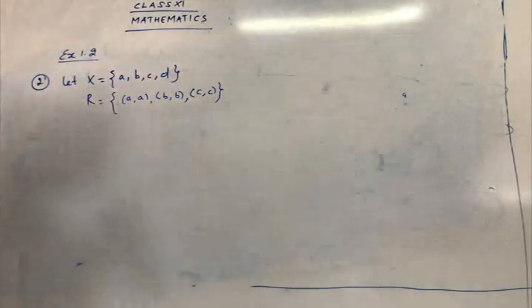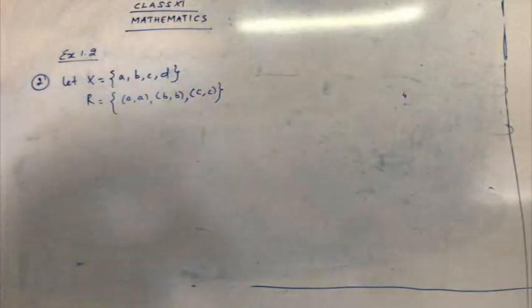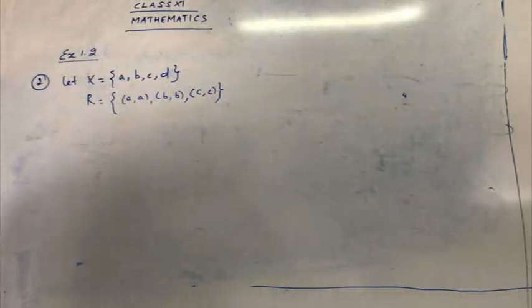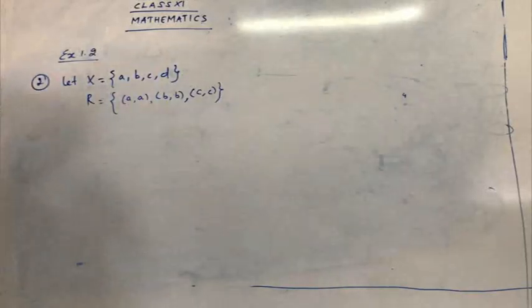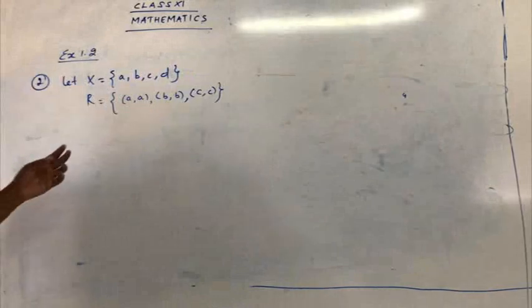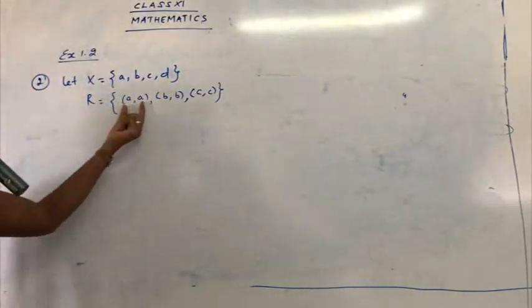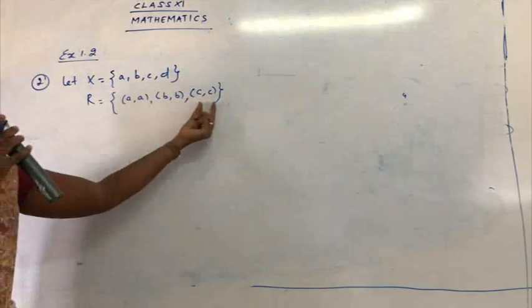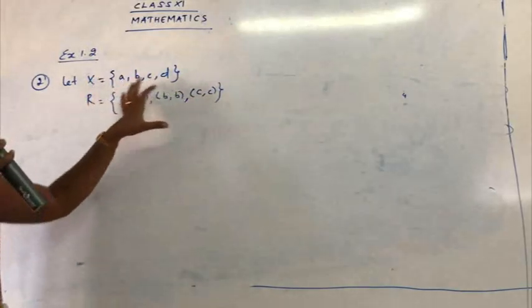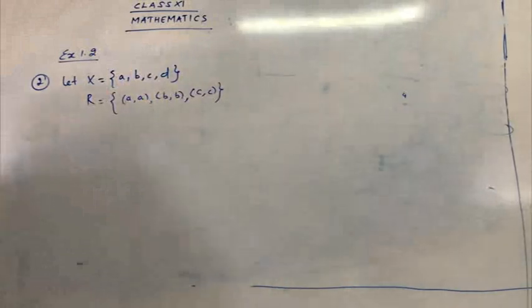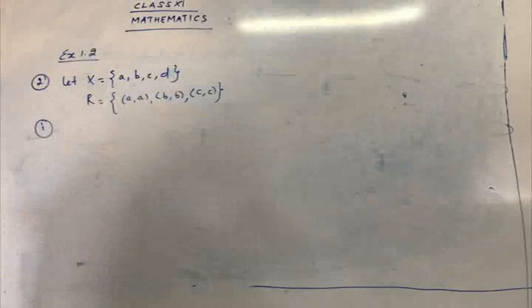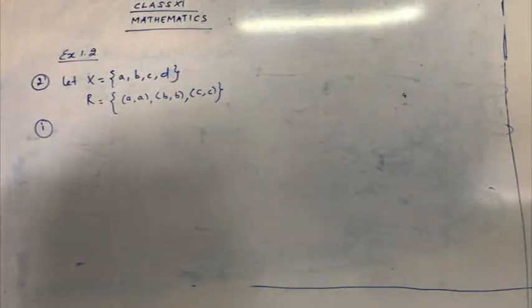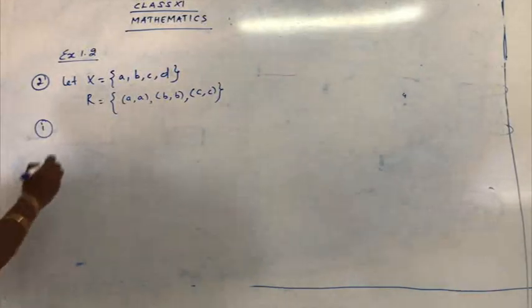Now what's the question? You have to write down the minimum number of ordered pairs to be included to R to make it reflexive, symmetric, transitive, or equivalence. So ordered pair, you know what is the meaning of ordered pair? So this is an ordered pair. There is (x, y), (x, y), (x, y). So this way of representing the numbers is an ordered pair. Now going to the first part. So we have to write the minimum number of ordered pairs to be included to make it reflexive. Now I'm talking about the reflexive part.